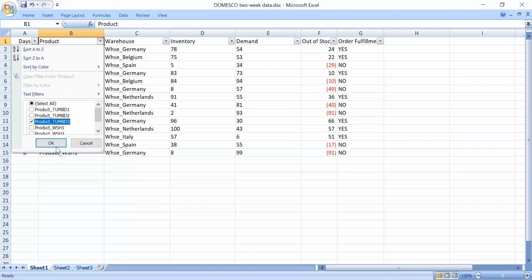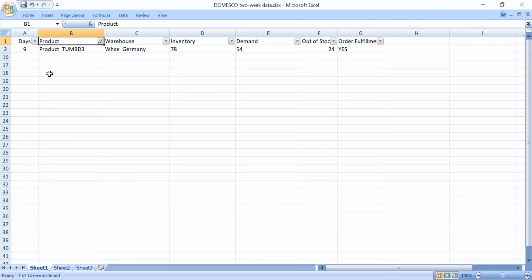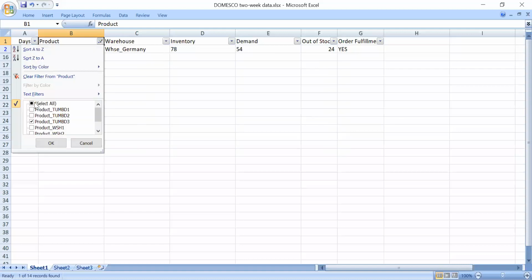All right, let's talk about its availability in all different warehouses. So we know that only in Germany there are 78 units, and there's a demand for 54 units, and there's no out of stock because there's no red figures here, and the order fulfillment is yes. Go back to